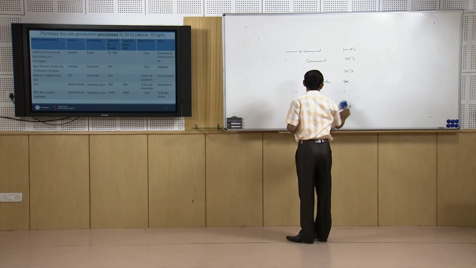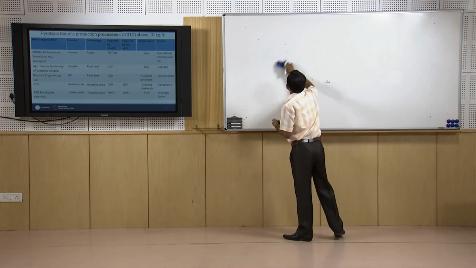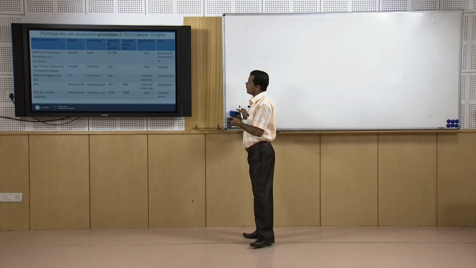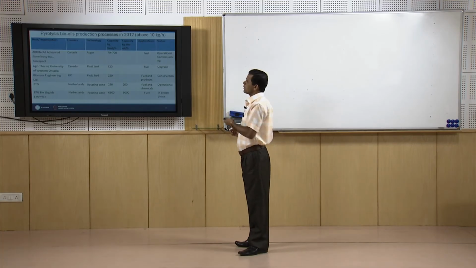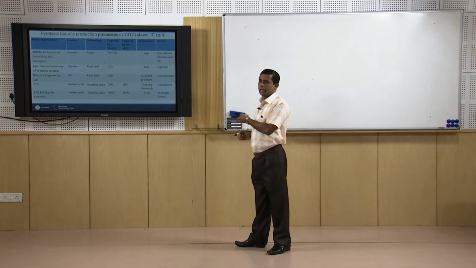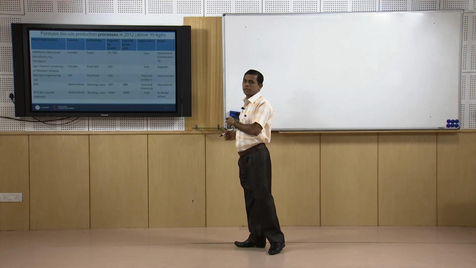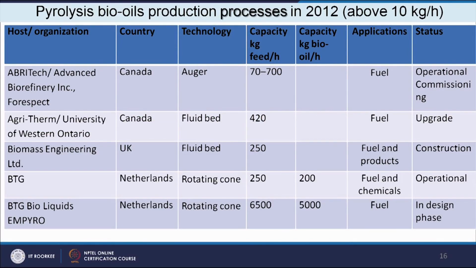pyrolysis processes. There is some report available from 2012. On the basis of this report, it seems that as of 2012, different types of pyrolysis reactors have been used in different countries, here Canada, UK, Netherlands, Germany, USA, China. In different countries the pyrolysis reactors have been used, and all those reactors have a capacity of more than 10 kg per hour. So, here we see that these reactors are either in operational or commissioning stage, or upgradation, or in design stage